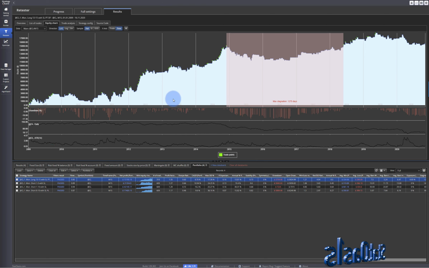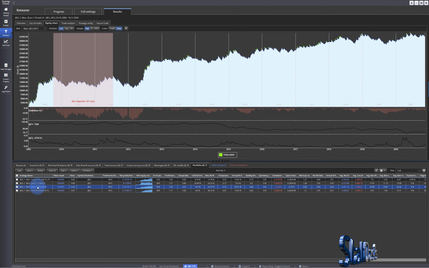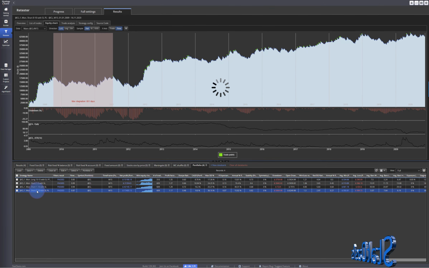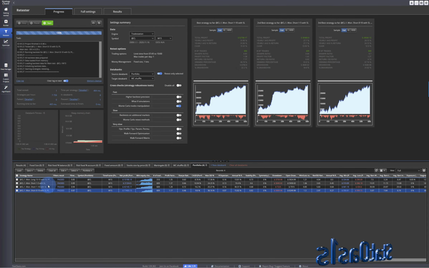So you can see this has 1275 days of stagnation. This is even more, 1470. This is less. And this is 862 and 36 drawdown. So these strategies are